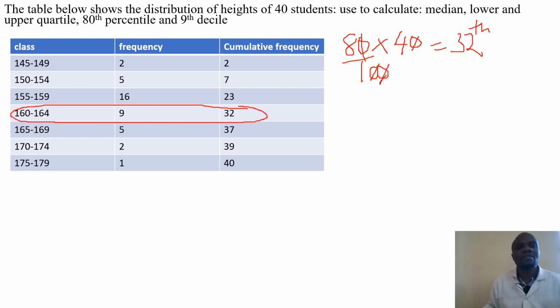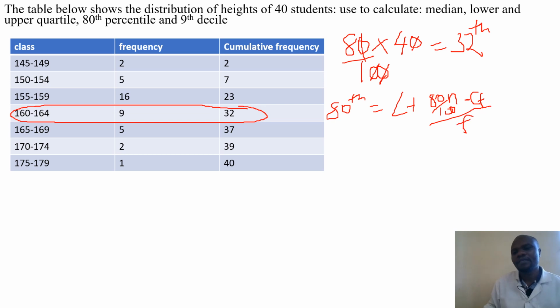So if it lies in between that class there, I'm going to say that my 80th percentile is equal to the lower class limit of that class added to the 80 out of 100 of n minus the accumulated frequency above divided by the frequency of that class, and all these I multiply with my class interval. So in this case, I'll have my lower class limit, that is 159.5,